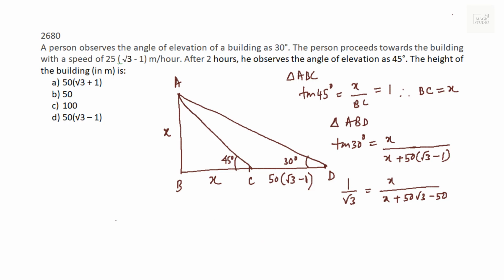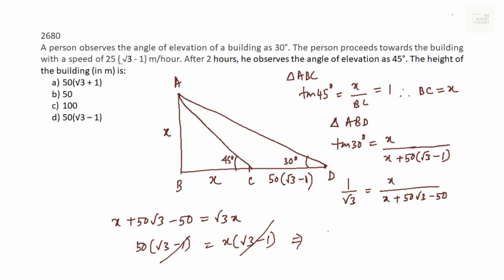Let us start solving. X plus 50 root 3 minus 50 equals root 3 x. 50 common, root 3 minus 1. If I take x common here, it will be root 3 minus 1, and this cancels out. What we get is x equals 50 meters. The height of the building in meters is 50. That is in option